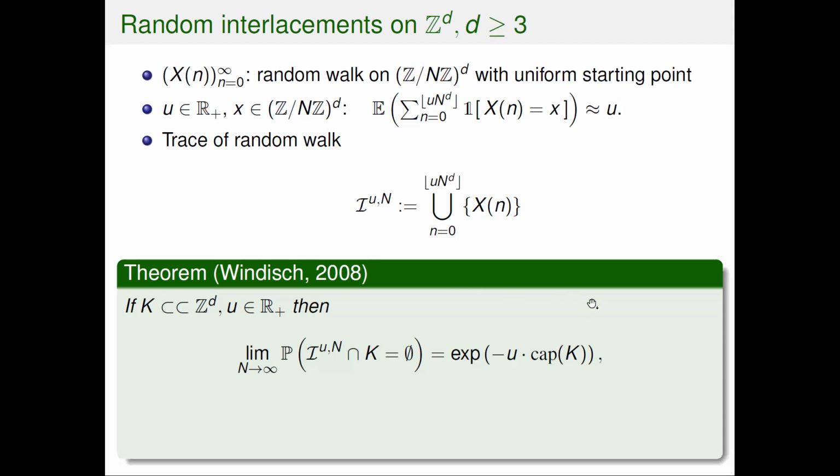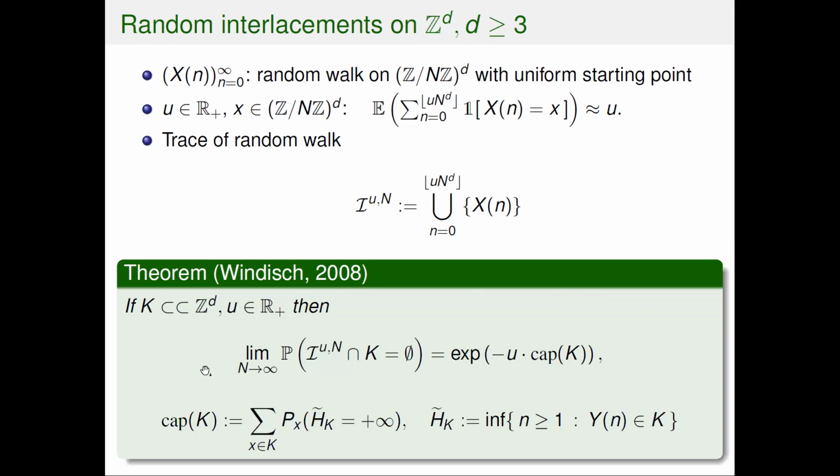But I did not yet define the capacity of the set K. So I will spell out these formulas, but the capacity is the sum of the escape probabilities. If you sum over the vertices in K, this capacity of K is the sum over all x in K of the probability that if you start a simple random walk, but now on Z^d. Imagine that K is a subset of Z^d, and you start a simple random walk on Z^d. What is the probability that